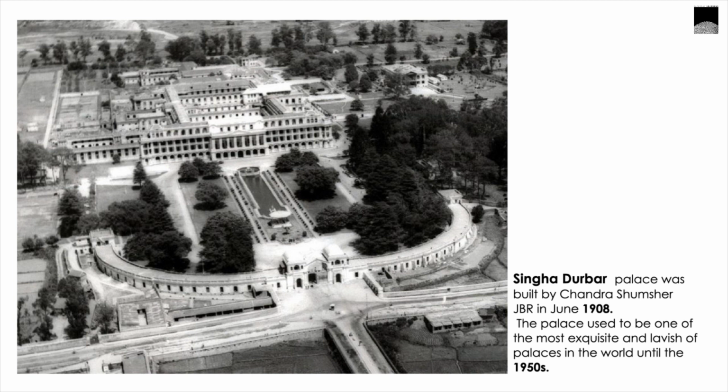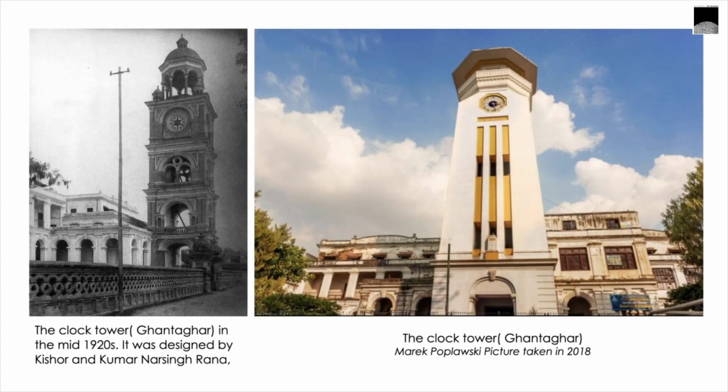Cousins of then Prime Minister Chandra Samsher Rana, Kishore and Kumar Narsingh Rana were the first Nepali to receive a foreign engineering degree. They mastered neoclassical architectural design. Chandra Samsher's palace, Singha Darbar, was one of the first ever palaces that adorned all neoclassical features, from column orders to pediments to even formal garden styles. Another notable build was Khandagar, a clock tower in the 1920s.